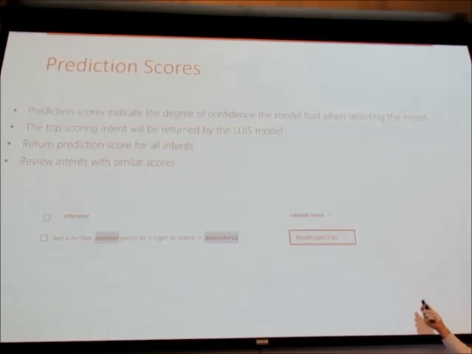And so anything less than 90 is not good. So if your top scoring intent is less than 90% or even less than 95, you've got some work to do to get that more accurate. This is where you're going to spend a lot of time reviewing scores, seeing what's working, what's not working, and tweaking. Yes, sir?